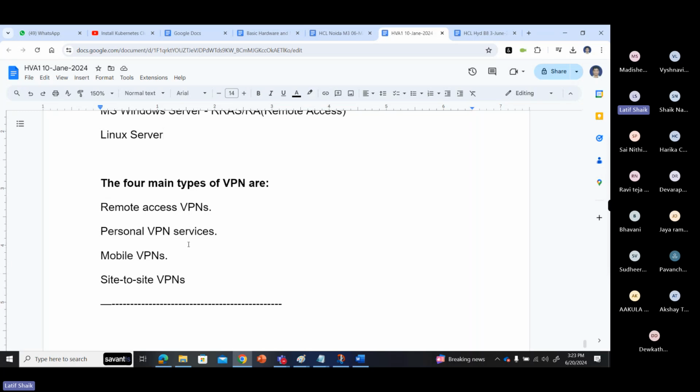Four types of VPNs: site-to-site VPN, remote access VPN, personal VPN, mobile VPN. Nowadays in the market, a lot of mobile VPNs have come. So what is the advantage of mobile VPN? You can access anything without being caught by anyone.